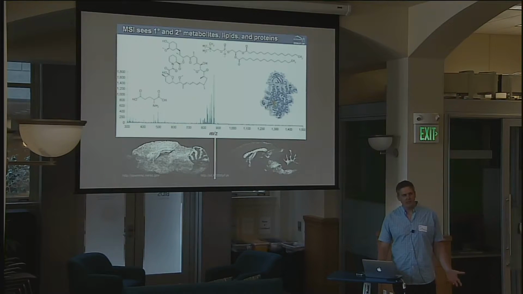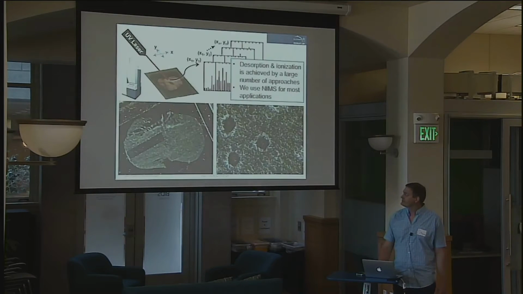People usually prepare their samples in different ways to see these different types of molecules and not see them all in one shot. The way we do this is we raster scan some sort of a laser beam or an ion gun across a sample. Typically this blows tiny little holes in the sample. Everywhere it blows up, you're doing a desorption. Unfortunately, most of the things you're desorbing are neutral and they're invisible to you and they just make your instrument dirty and you have to clean it. Some small fraction of them are ionized during the desorption and ionization process,